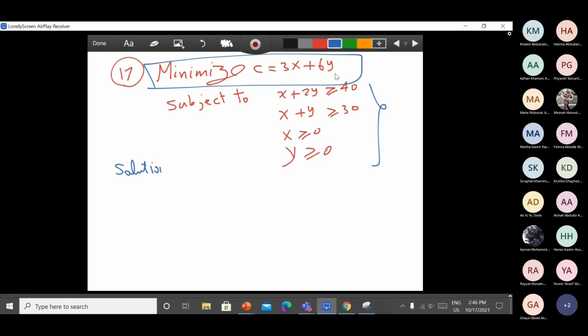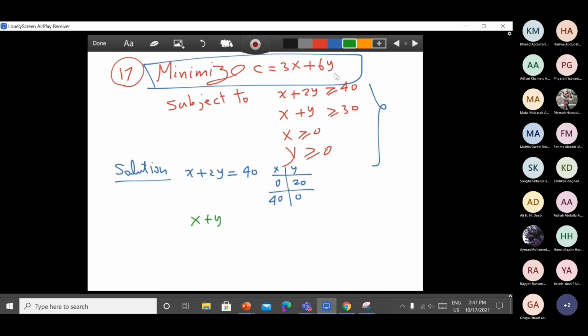I have to convert it into a linear equation. So I have to graph x plus 2y equal to 40. I need 2 points. The easy one is to put x equal to 0. I have y equal to 20. If I put y equal to 0, I have x equal to 40. This is the first one. The second one,